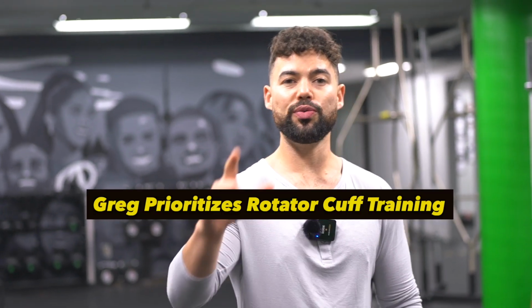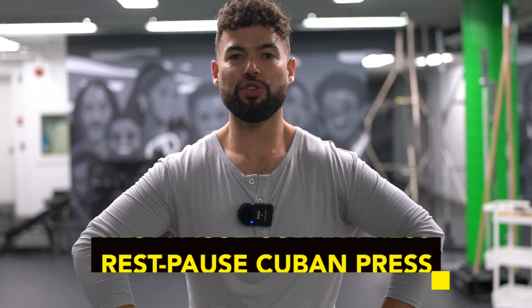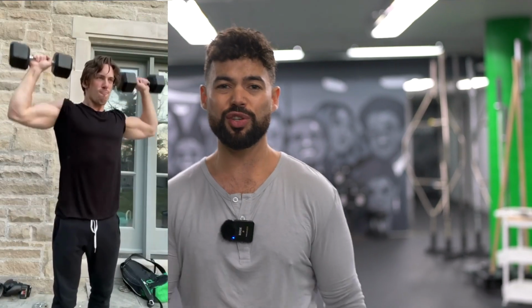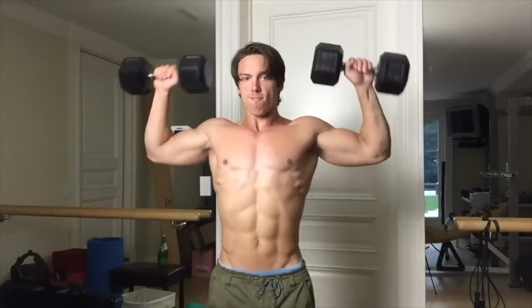So one thing I really like about the Kinobody program is Greg really prioritizes rotator cuff training. And I'm not talking about just doing the banded activation stuff. I love how he does rest pause sets of the Cuban press, coming up from internal rotation, controlling the weight up into external, pressing overhead. And he doesn't just do 1 or 2 sets at the end, but he does rest pause and drop sets, really making sure he trains his rotator cuff to maximal fatigue, to make sure he has that endurance for the